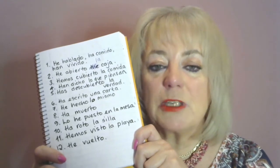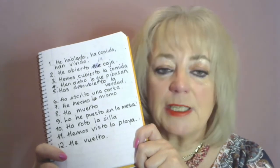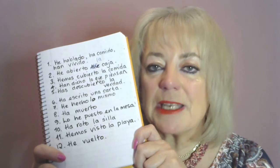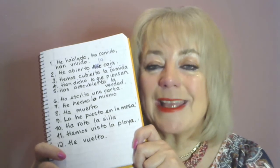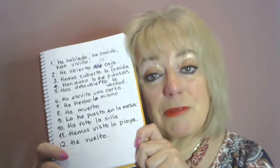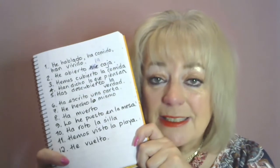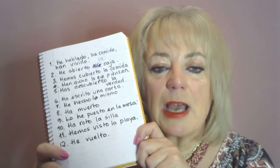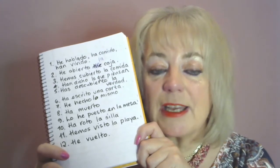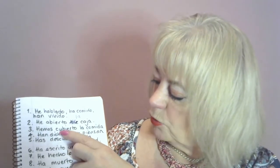Hemos cubierto la comida. So, abierto is the irregular past participle of abrir. Cubierto is the irregular past participle of cubrir. And then, han dicho lo que piensan. So, dicho is the irregular past participle of decir. And piensan, they think, that's a diphthong verb. Y número 5, has descubierto la verdad. So, descubierto, notice, because cubrir and descubrir take the same form in the